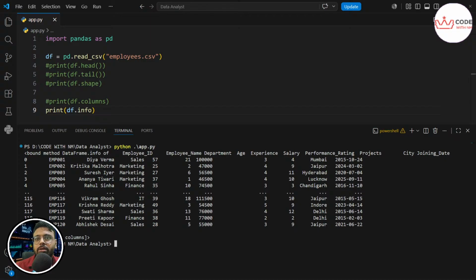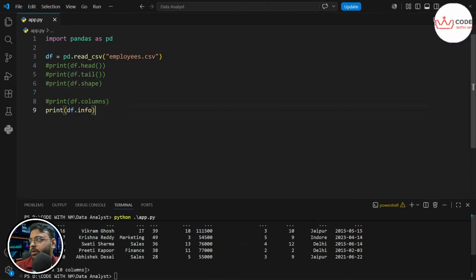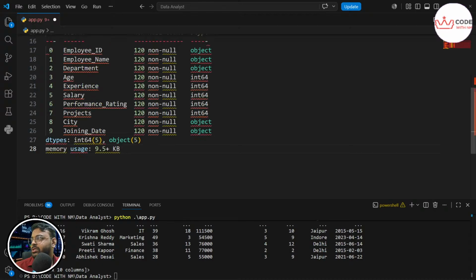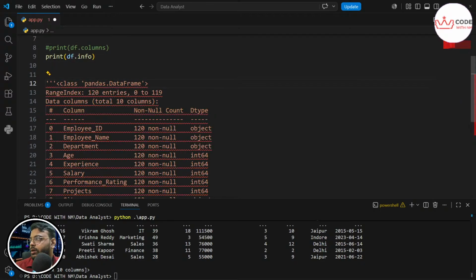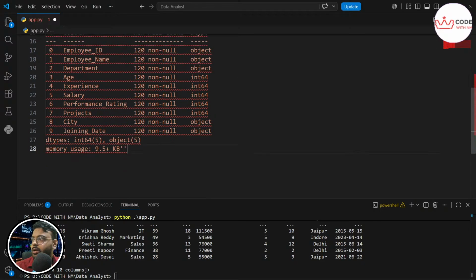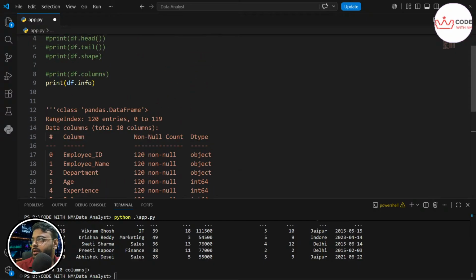Let me quickly show you a demo of what I'm saying, how it will look. Info will give you this type of output, generated on print(df.info()).